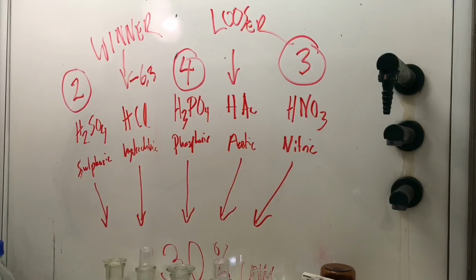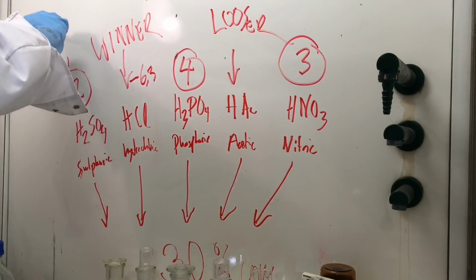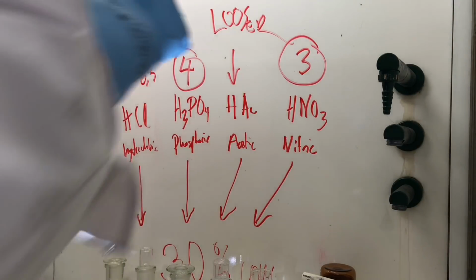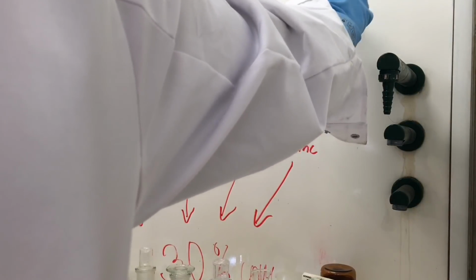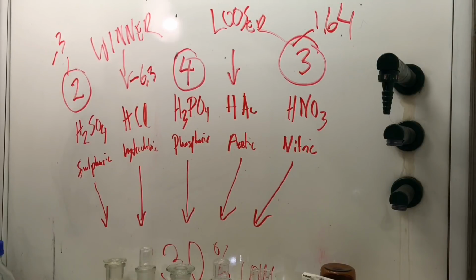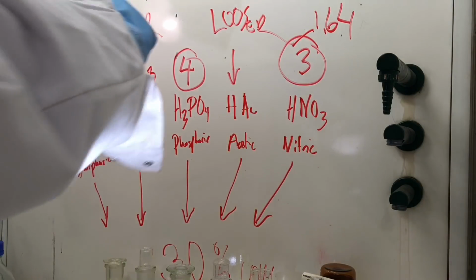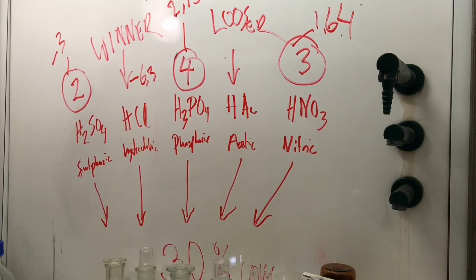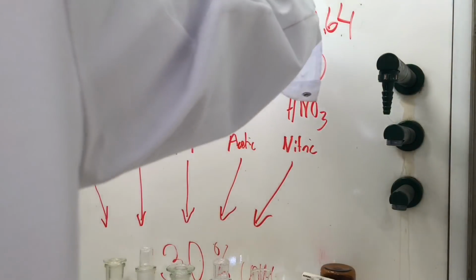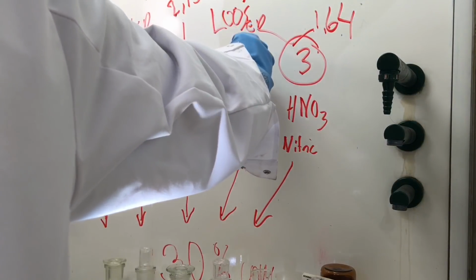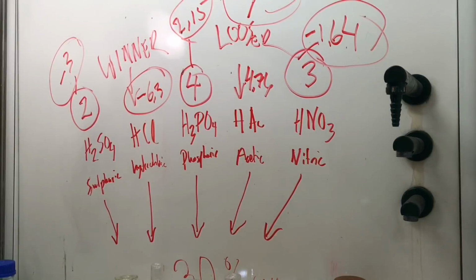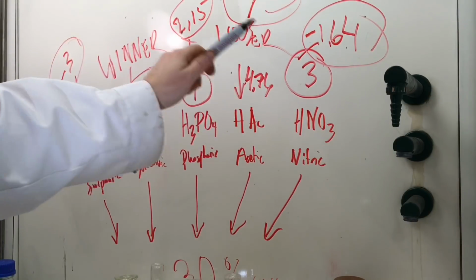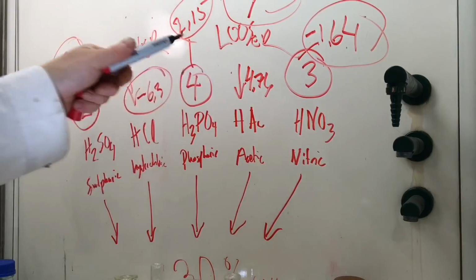For the second place, minus 3. For the third place, the nitric one, minus 1.64. For the fourth place, 2.15. And for the acetic acid, the loser, it's 4.76. So by only knowing the pKa values, minus 6.3, minus 3, minus 1.64, 2.15 and 4.76, I can know